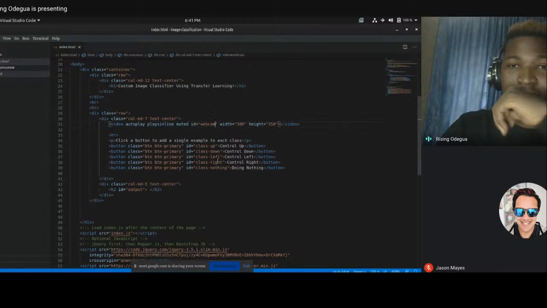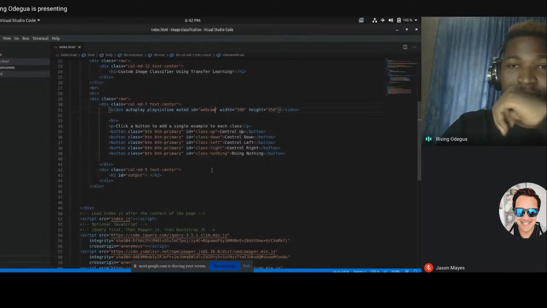Down, left, right. So on click of each of these buttons, we are going to capture that particular event. On click, we capture a frame from the webcam, and we send that to our model to make a prediction, and we associate it with classes. So we just create 5 different buttons, depending on the number of classes that you have. I have 5 classes in this particular application. Yours can be 2, can be 3, depending on what you're trying to build. So that's basically the first part.